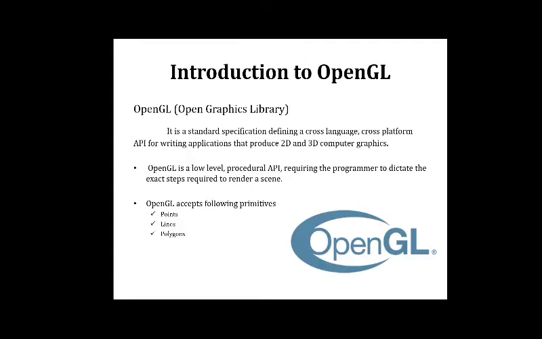So what is OpenGL? The full form is Open Graphics Library. Its name itself indicates that this graphics library is open to use, right? So its name is OpenGL. It is a standard specification which defines a cross-language, cross-platform API. What is an API? It is the Application Program Interface for writing applications that produce 2-dimensional and 3-dimensional computer